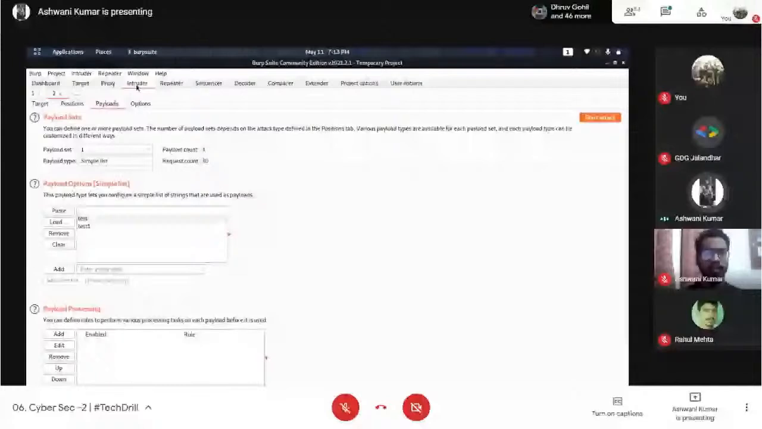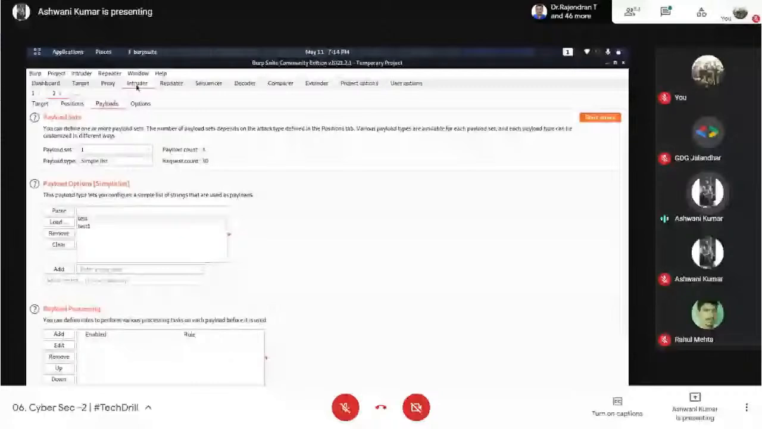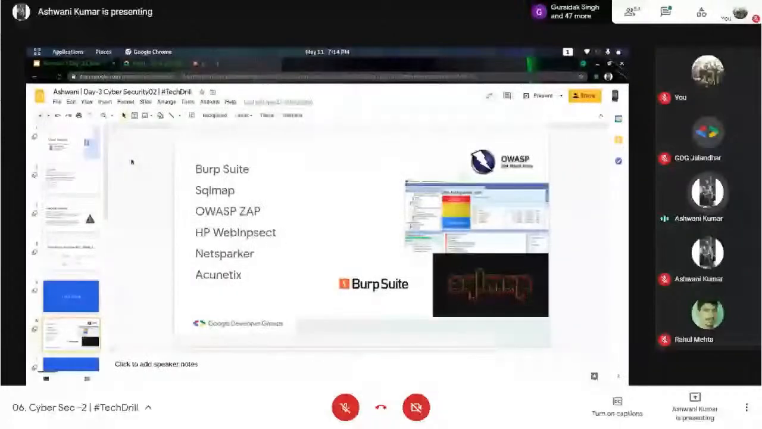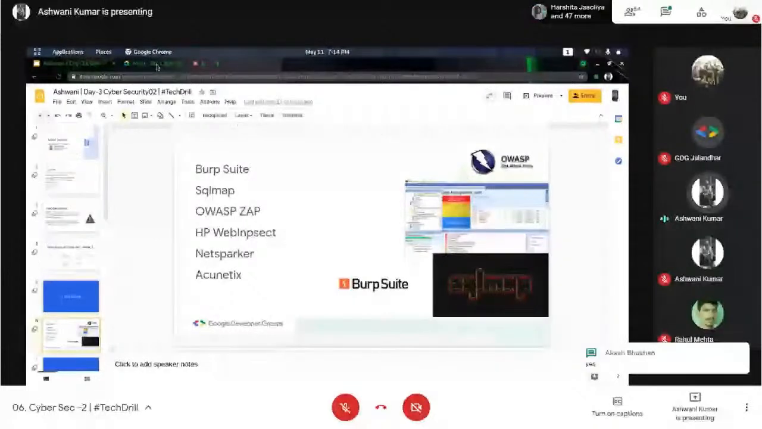So next, let's see SQLmap. Fine. Of course, the two things we can use for this web. So what is SQLmap? Before telling you about SQLmap, may I know how many of you actually know about SQL? What is SQL and SQLi? If you know about that,